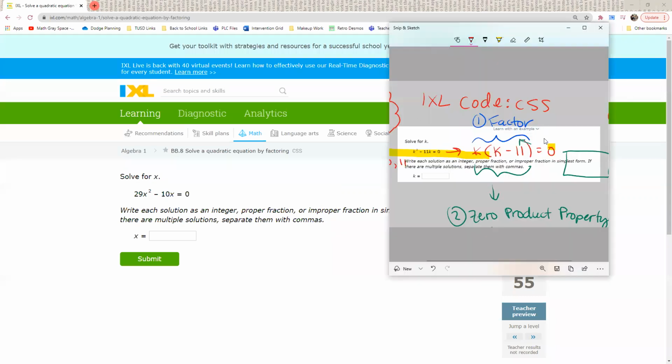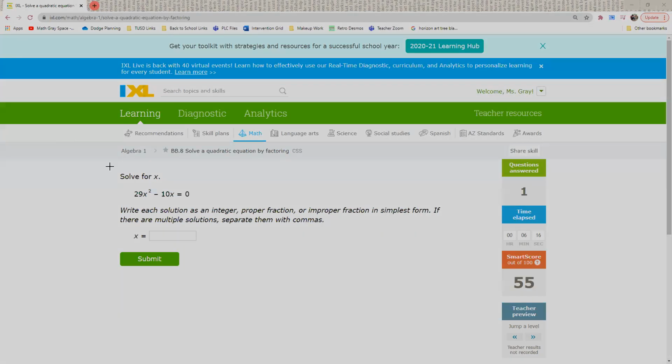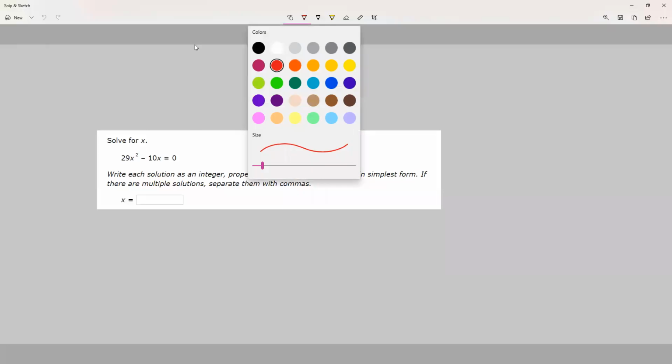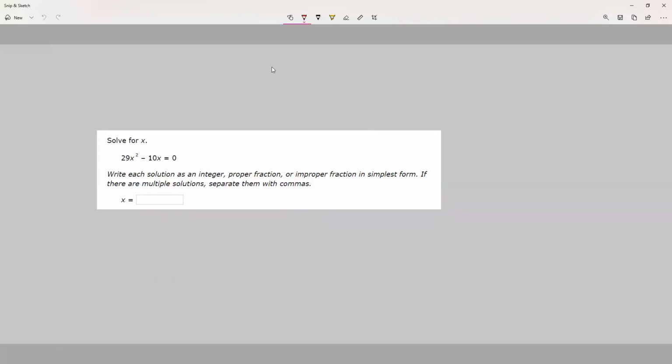All right, so again, I want to check for greatest common factor. So if I go through and look at this, it looks like I definitely have an x in common. And then I can check to make sure 29 and 10 don't have anything, which they don't. So greatest common factor would just be that x. So I can take out x. 29x minus 10 equals 0. And then just like last time, either x equals 0 or 29